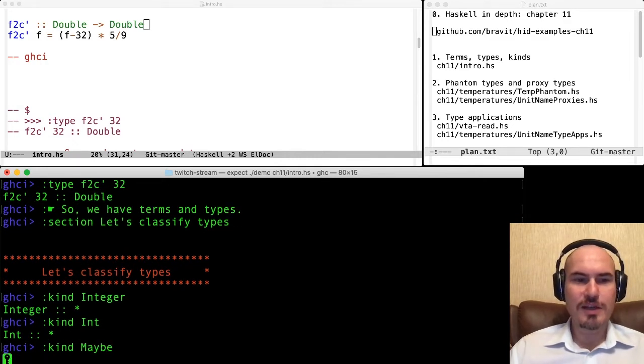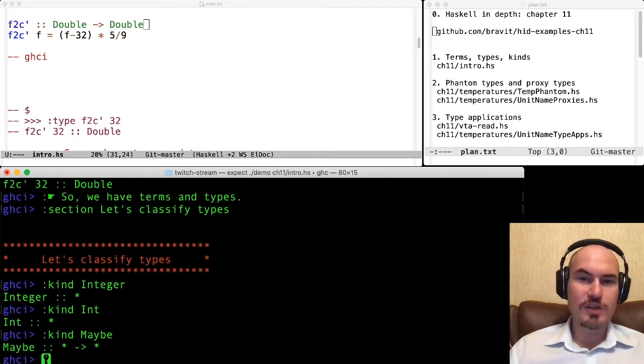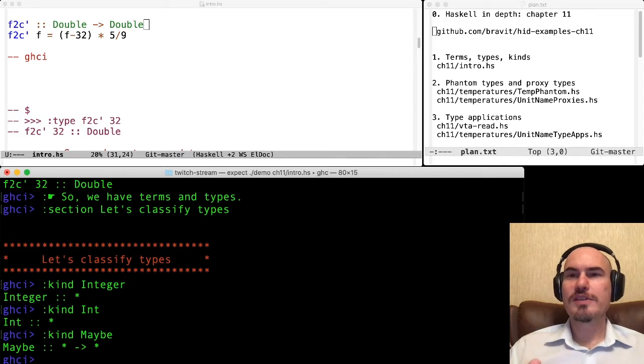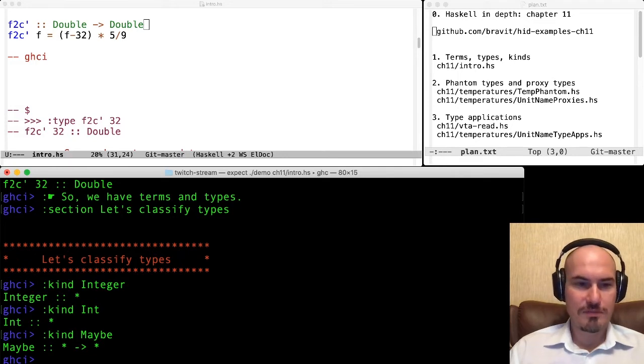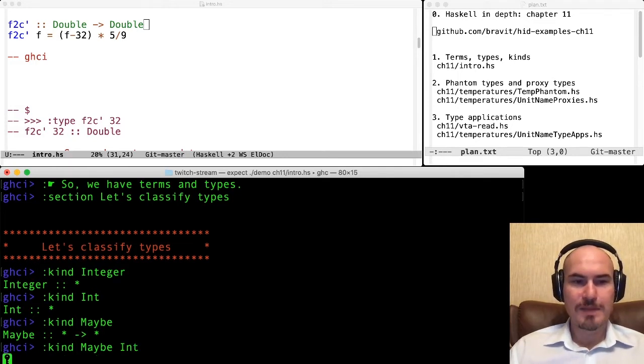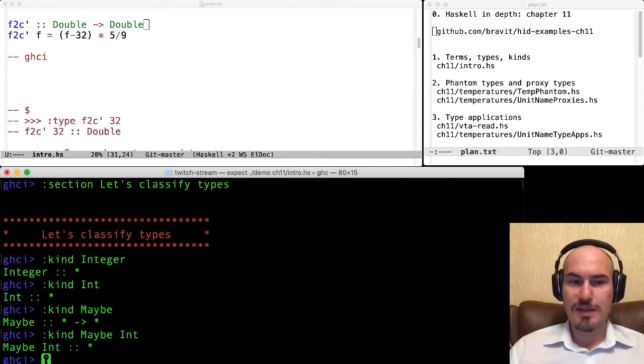We can ask for the kind of Maybe, and it's not a star, but star to star instead. So we know that Maybe is not a real type, it's actually a type constructor, and we have to supply another type to it in order to get a type. So we can do that. For example, Maybe Int is a type, and its kind is star.